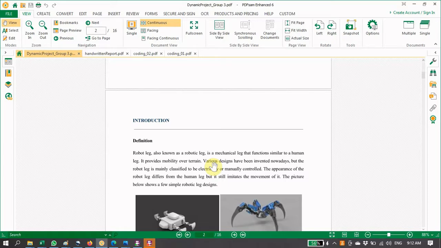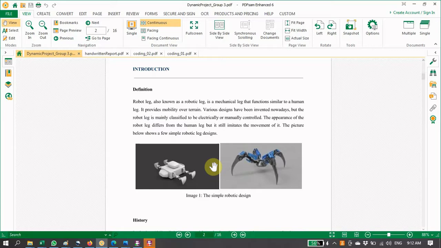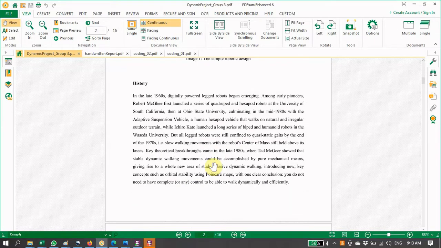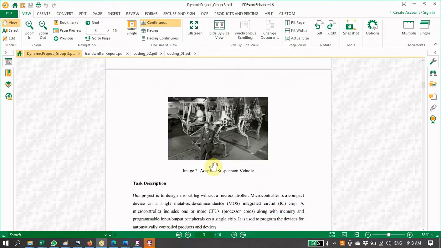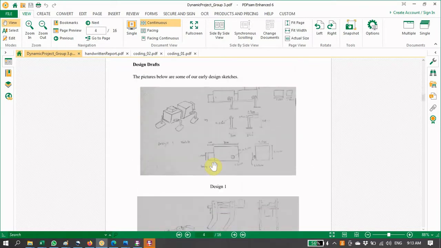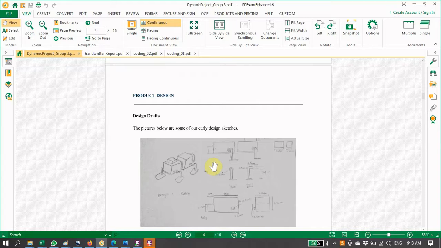So we have this introduction, and in this introduction, it mentions what Lego robot means, and then puts some pictures, gives some historical narrations, and then talks about the tasks that they did for this semester. And then the report is also